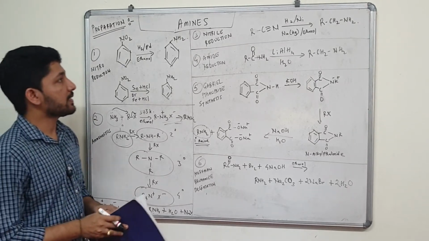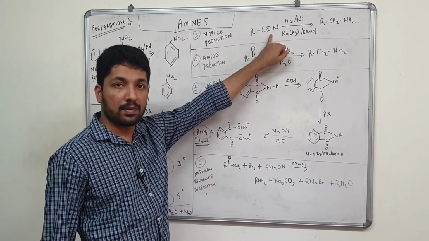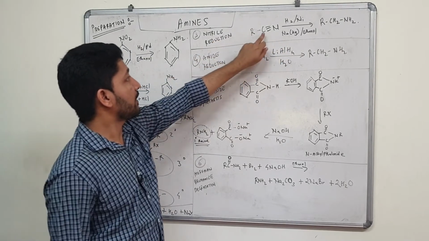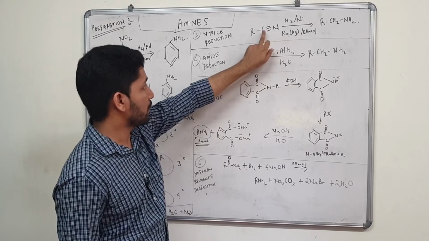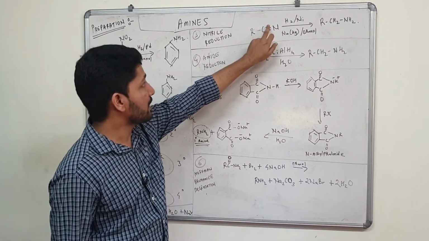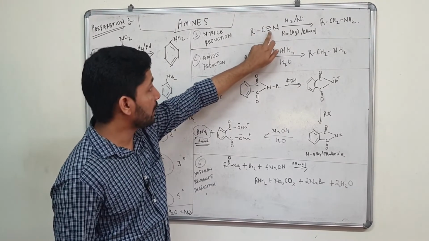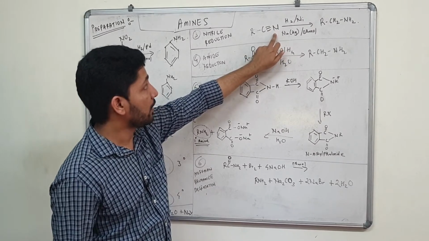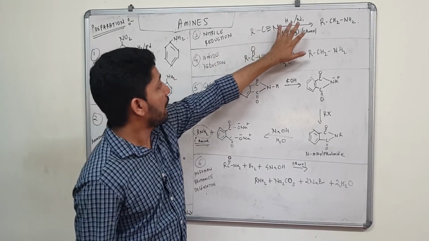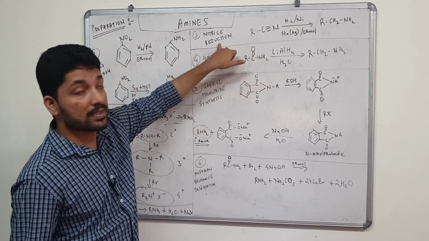Understood? Third, we will see nitrile reduction. Now what is a nitrile? A nitrile is a CN group, which is also called the cyanide group. So in nitrile reduction, you can see that there is a triple bond between carbon and nitrogen. The carbon has no hydrogen attached to it because all 4 valencies are occupied: 1 is attached to the alkyl group and 3 bonds are with nitrogen. This is the reduction. Can you see, the reduction is happening because hydrogen is getting added over here and the bonds are broken, hence it is called reduction.